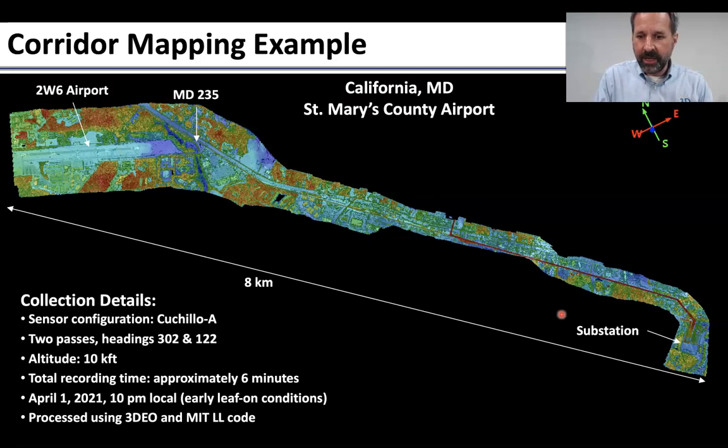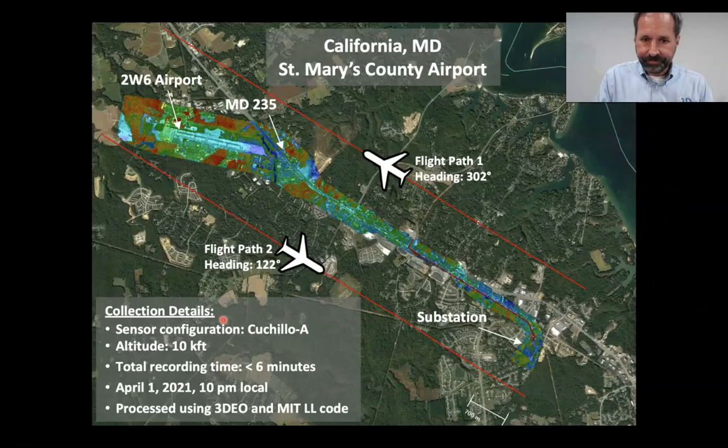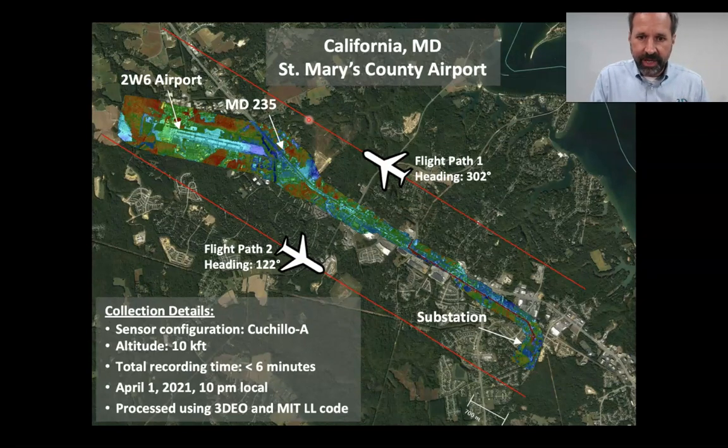This is about an 8-kilometer long strip that we defined, again, using coordinates on the ground. At the airport end, it's about 1 kilometer wide, and then it narrows down, as you can see. Again, this was collected at about 10,000 feet. This movie is projected onto Google Earth just to give some context here, and you can see the flight paths